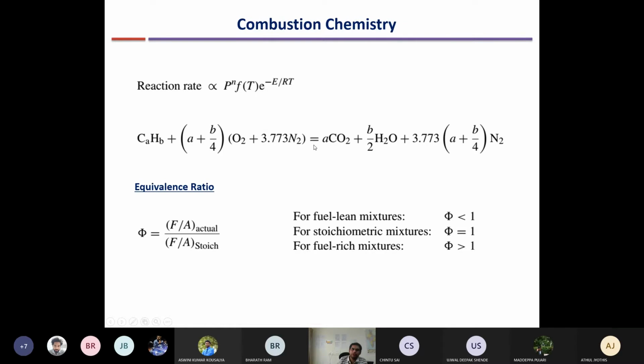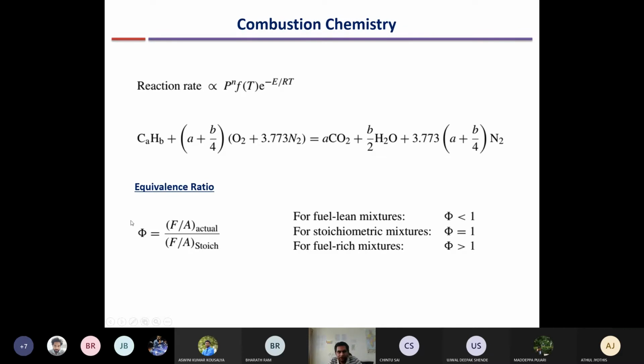We already knew how to calculate the fuel air ratio for actual cases. We now also know how to calculate it for stoichiometric cases, meaning the exact amount of air required for burning a hydrocarbon. Fuels are some sort of hydrocarbons. And then we have an estimate of whether the mixture is fuel lean or fuel rich. If it is a lean mixture, this equivalence ratio is less than 1. So typically for jet engines, it is much less than 1, less than 0.5 even.